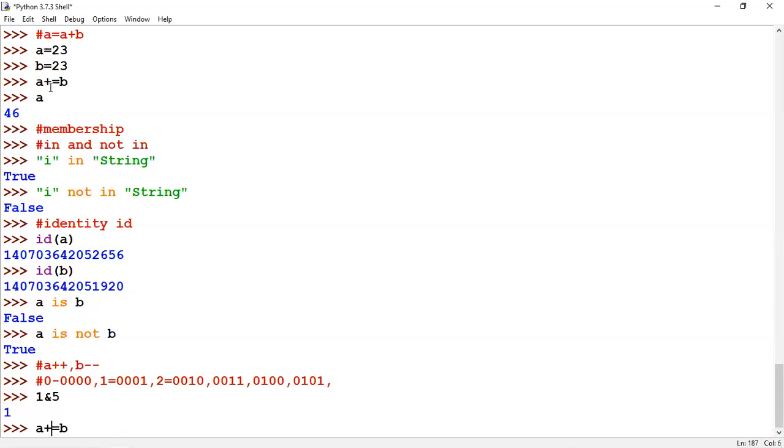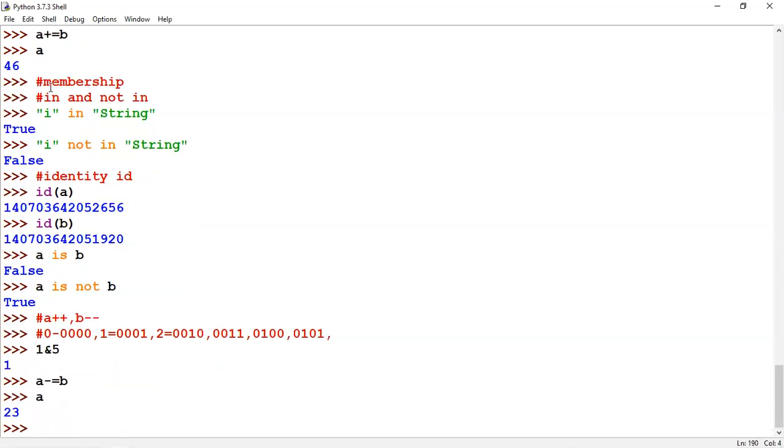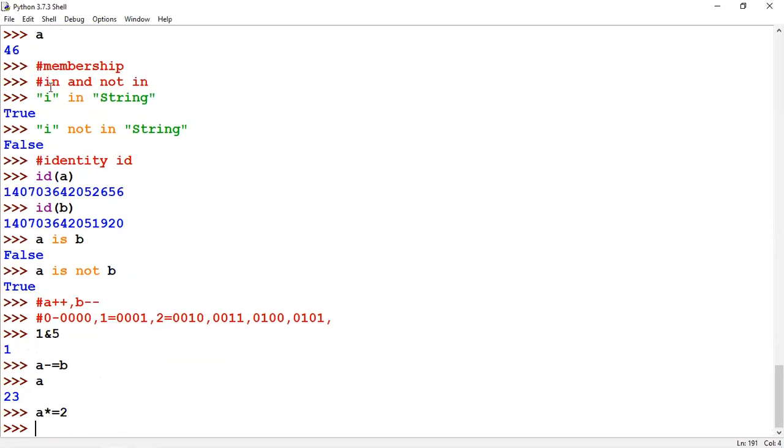So A minus equal to B, your output will be A minus B. Even I can do A into B equal to 2, so the A value will be multiplied by 2 and again stored in A.